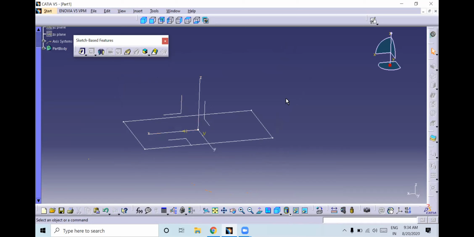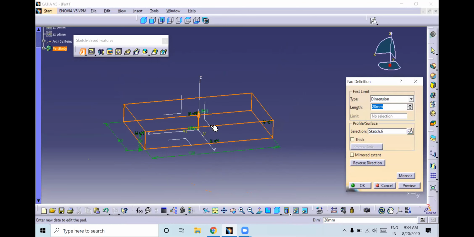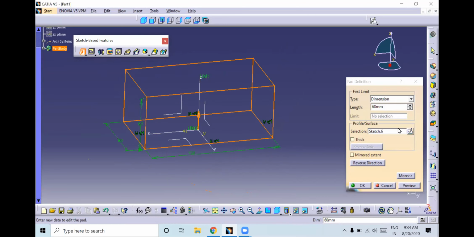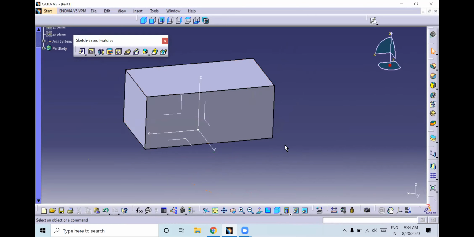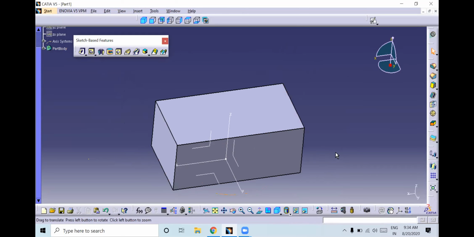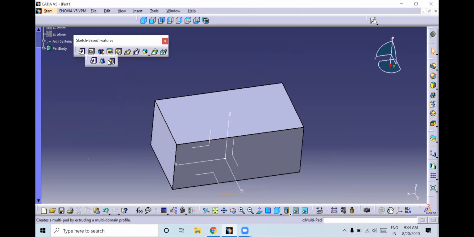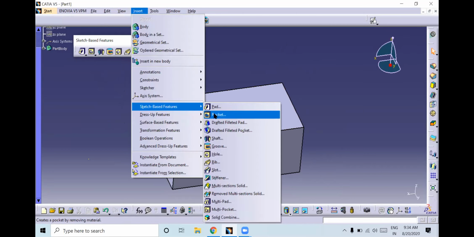Okay. So next, I will select this, and I'll add the material. Suppose you want to remove material. Here you have insert sketch based, and here you have pocket. Pocket is a material removing feature.